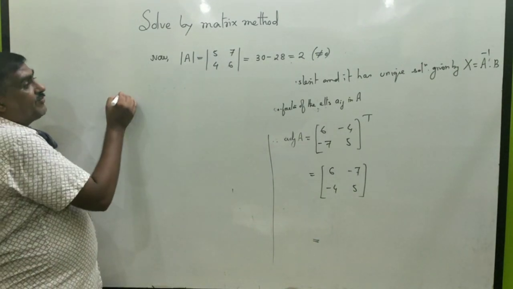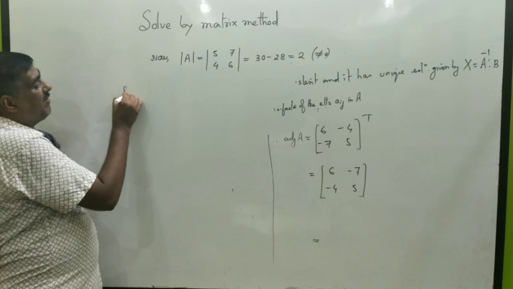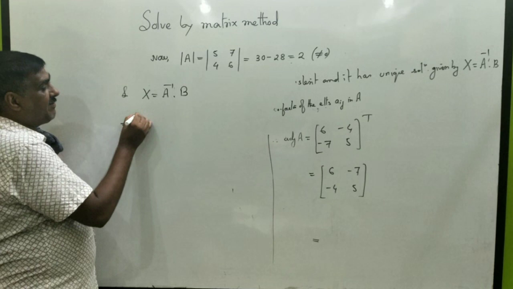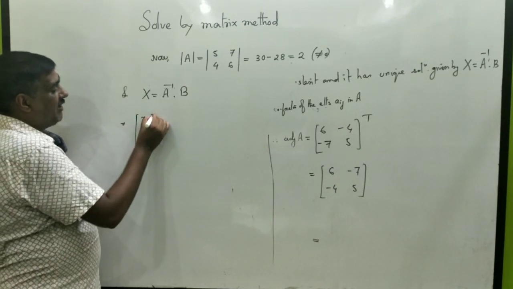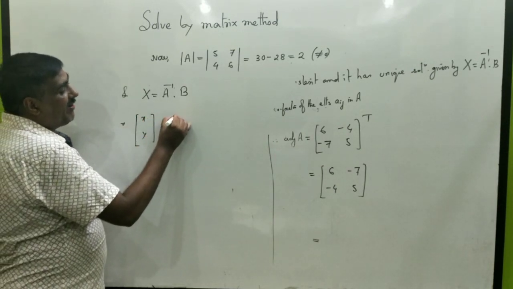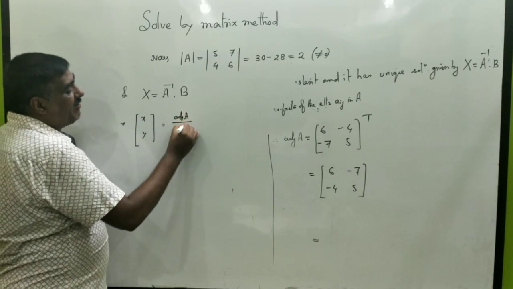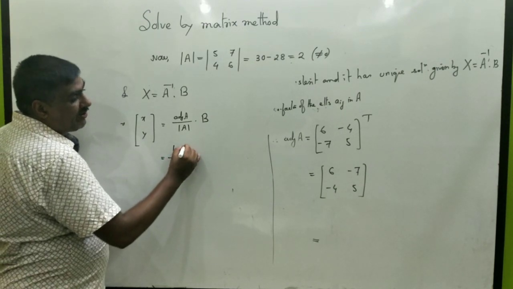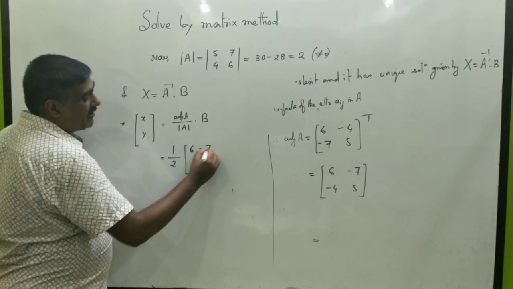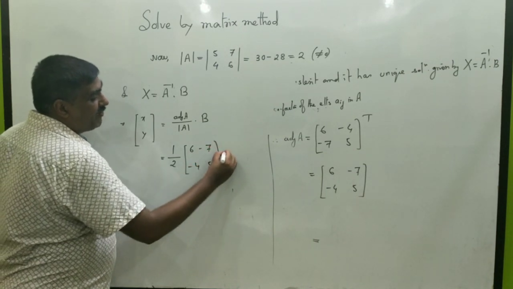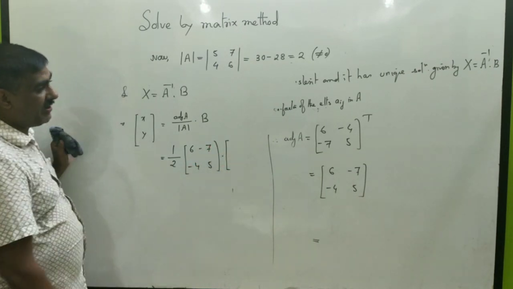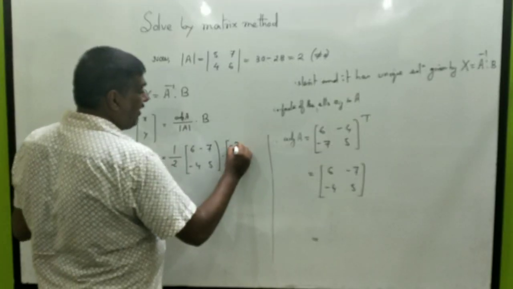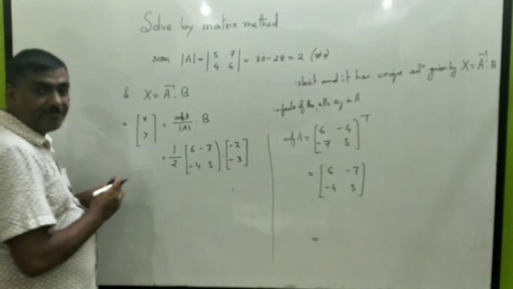देयरफॉर सिंस हमें क्या पता था x equals to what a inverse into b, x means what x and y, और a inverse means what adjoint a by what determinant of a into b। तो determinant of a कितना मिला था 2, adjoint a कितना बोलो 6 minus 7 minus 4 5 into b, b कितना था -2 -3, क्लियर।